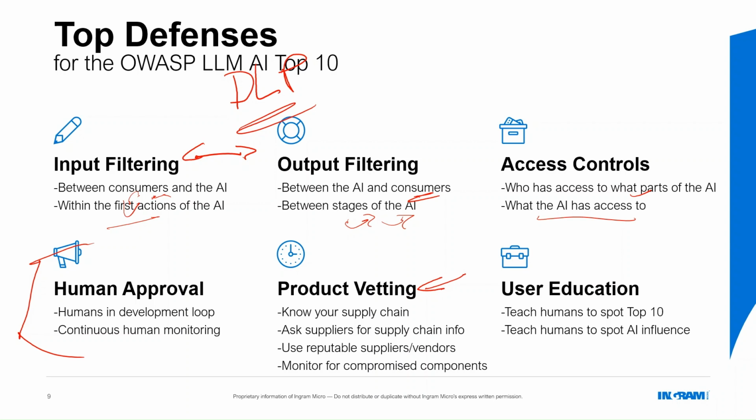So you've got to know your supply chain, know what's going into each product you're getting or each little widget you're putting on. One of the easiest ways to do that is either to ask suppliers for supply chain info, or more than that, these days you're starting to be able to consume AI modules via vendors. Like NVIDIA, you can buy different AI modules or get different free AI modules from them to be used. And you know they're coming from a company that's been vetted, and that there's security testing being done on all of these. You know they're reputable. I'm not saying you have to use somebody as big as NVIDIA, but getting someone who's a commercial startup, not just average Joe putting up code on GitHub, is a good idea.